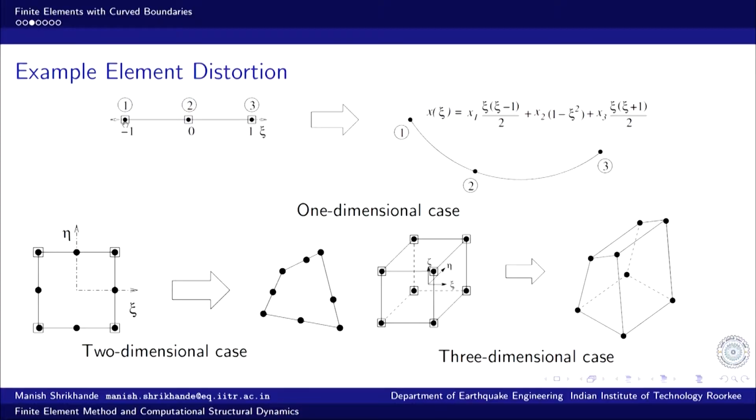For example, just as in this case, there are 3 nodes I was referring to, filled circles. These are the nodes used for approximation of the primary variable, and small squares, these are the nodes which are used for the modeling of geometry. So, in this particular case, both of them are identical. The geometry modeling is also based on 3 nodes, and the variation of the primary variables within the element is also based on 3 nodes, interpolation between the values at these 3 nodes. So, these are called isoparametric variations.